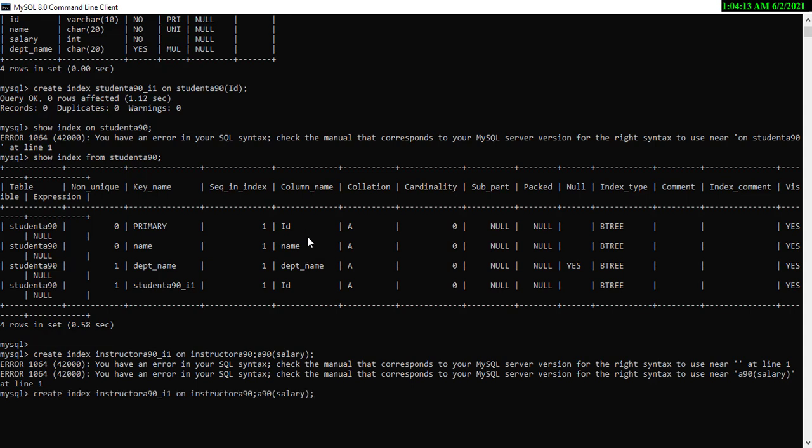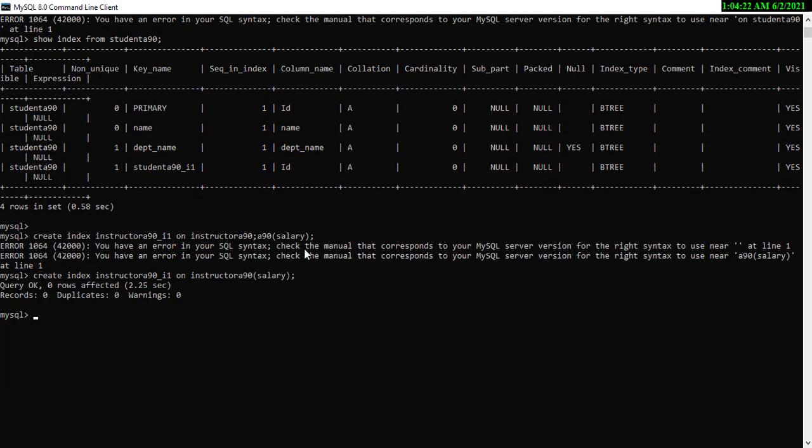I have misquoted it, yes. So the index is created.